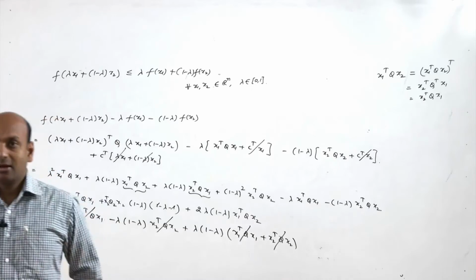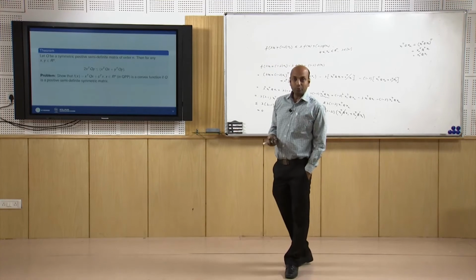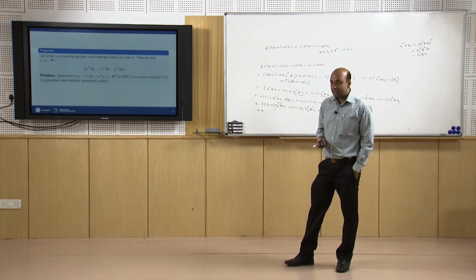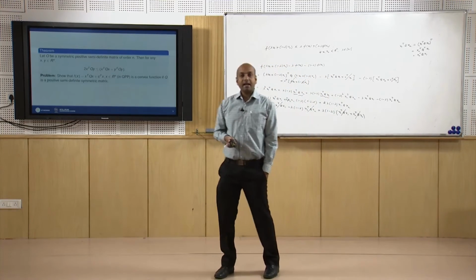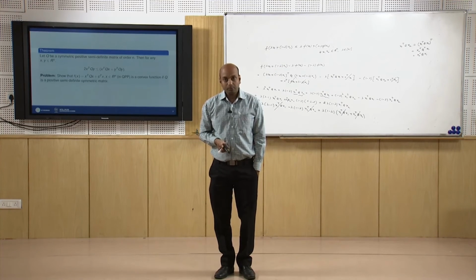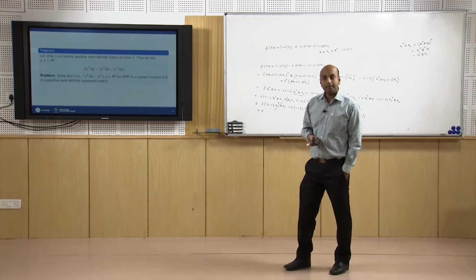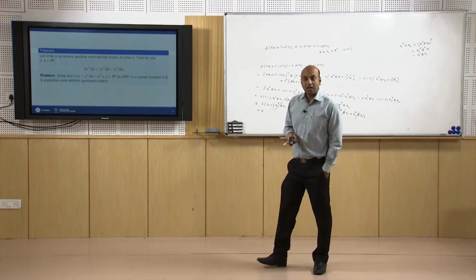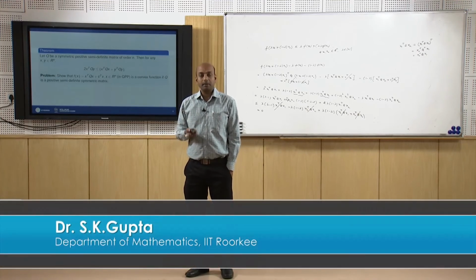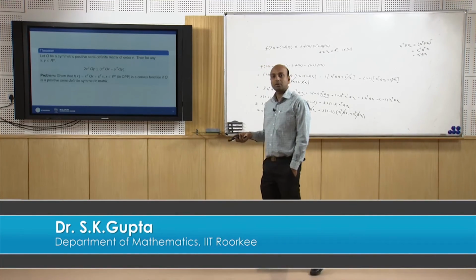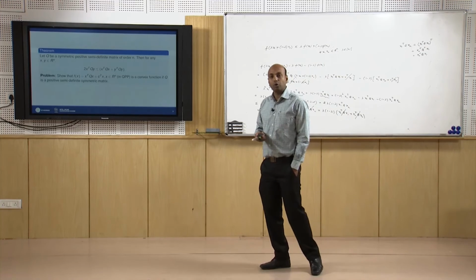So, we can easily say that if in QPP the matrix Q is a positive semi definite symmetric matrix, then the function will be a convex function, and hence it will be a convex programming problem, and therefore, the KKT conditions which we have just obtained become sufficient. Become sufficient means if we solve the KKT conditions, then the x which we obtain by solving those equations or conditions will be global optimal or global minimum.